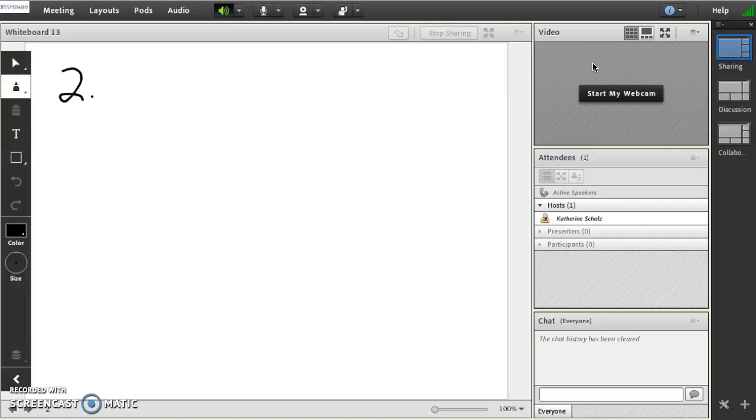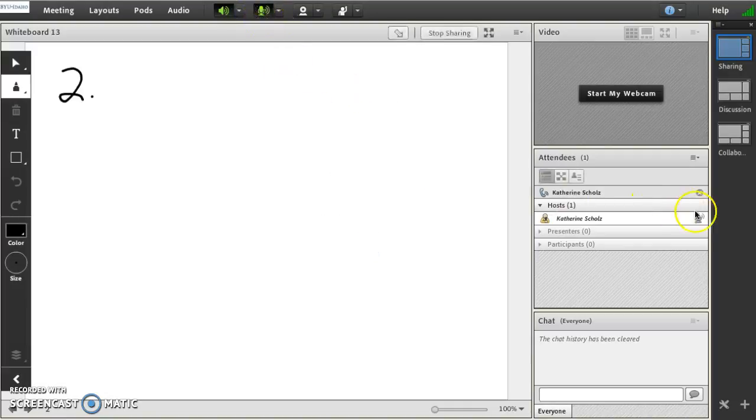Also, if you're doing audio, sometimes if people do not have mics or a headset, it starts echoing a ton. So it sometimes works best if the only person that's talking has their mic on and everybody else mutes their mic. If you go up to the top, you can connect your audio here, and once you connect it,